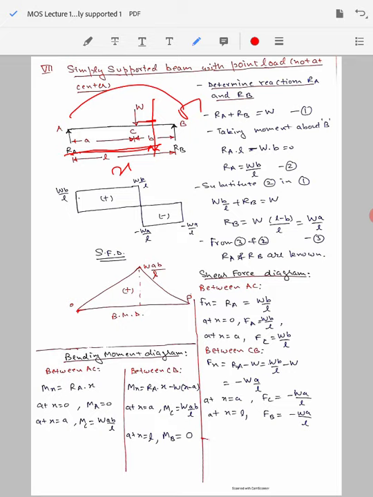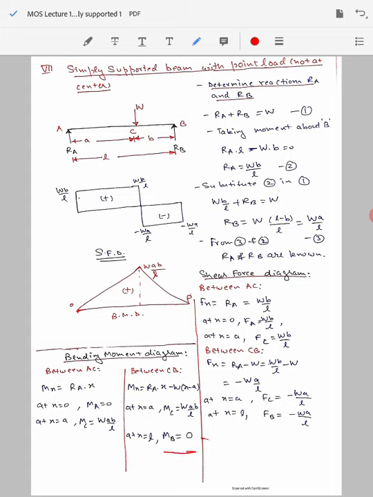So that's why I get the equation of my bending moment as RA into x, which is applied in a clockwise fashion, and W into x minus a, which is the anti-clockwise moment applied in the opposite direction, so minus W into x minus a. So this is my equation here. When I evaluate it for the two extreme ends of the section CB, that means at x equal to small a, its value will turn out to be W into AB by L, same as I obtained earlier for the segment AC, and at x equal to L, this is going to give me a bending moment of 0.